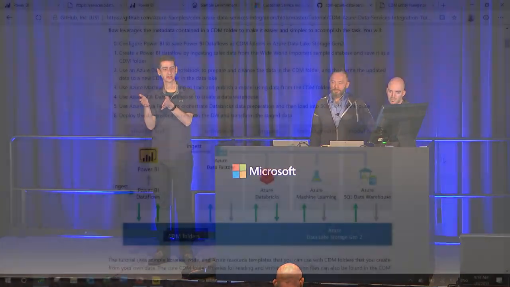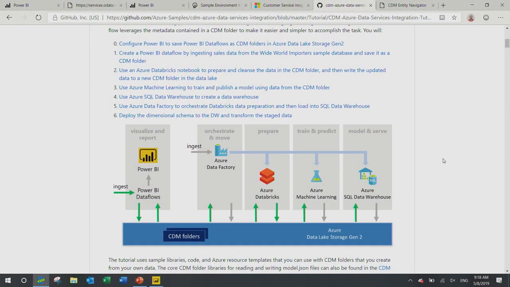And as part of that step, you will see that you simply point Databricks to the folder that Power BI had created, and Databricks will basically automatically understand, oh, this folder actually contains multiple data sets. There's relationships between them. It will auto-generate the Spark data frames for you. Then you may implement your processing job.